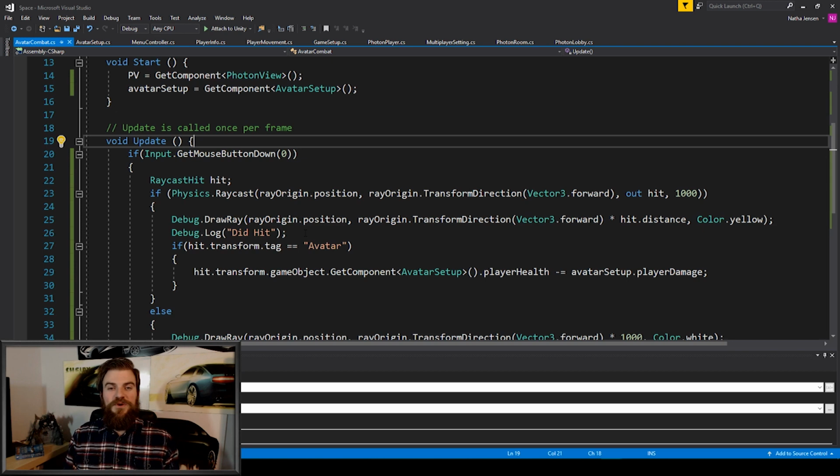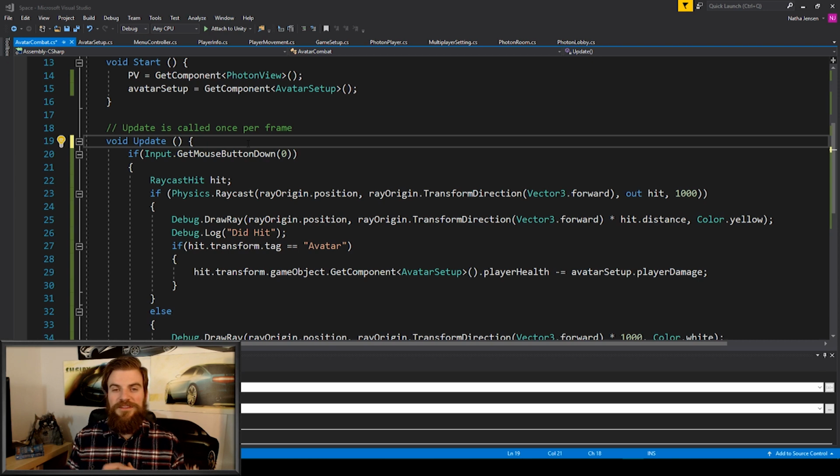But before we do so, I want to make one thing perfectly clear, and that is, as I've been creating this shooting mechanic, I basically created it for a single player game. And so if you want to create a feature for your multiplayer game, all you really have to do is create the functionality as if it were for a single player game, and then follow the next steps that I'm about to do. So first off, we want to make sure that we're only shooting if we are the local